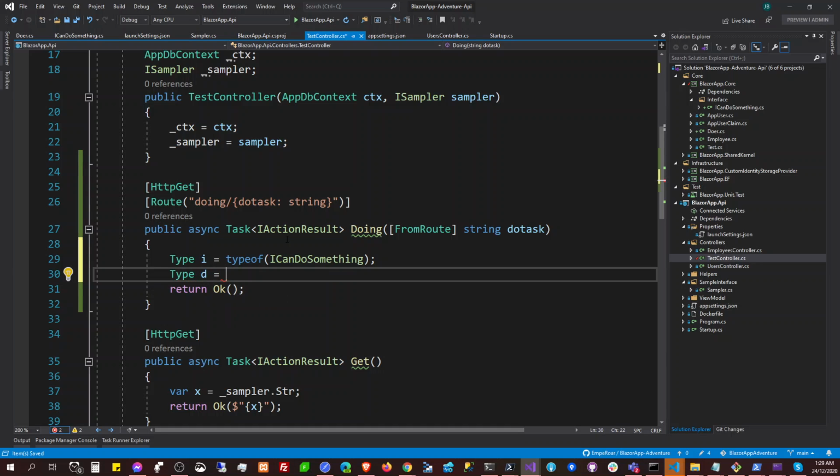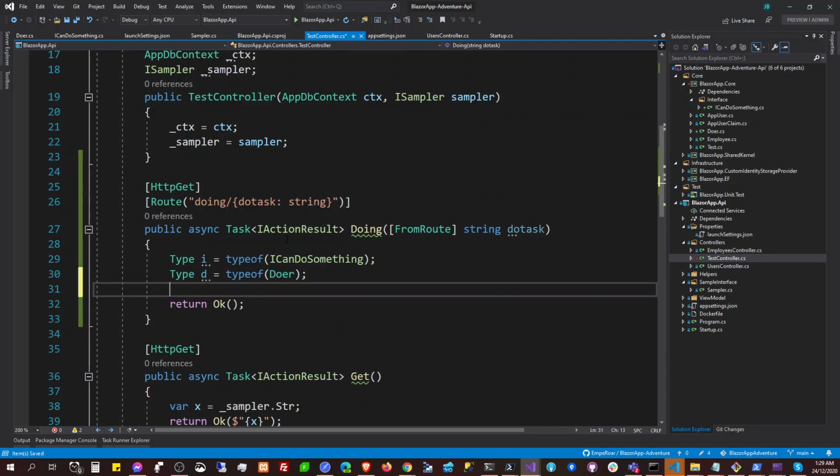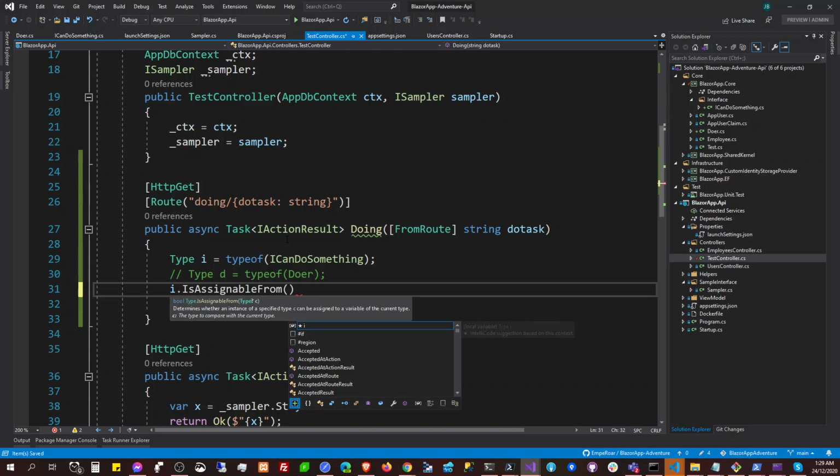So it's going to be D is the typeof Doer, or we can just maybe assign it right away. So the interface is assignable